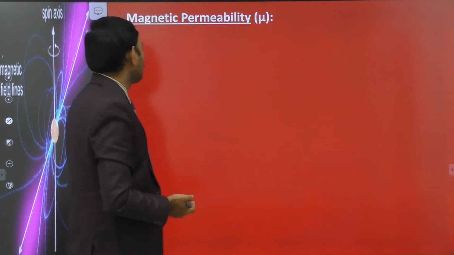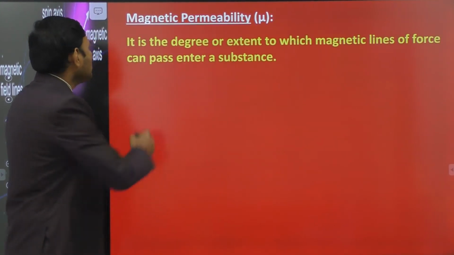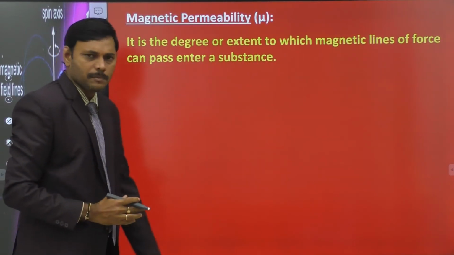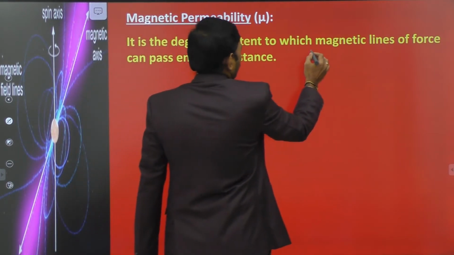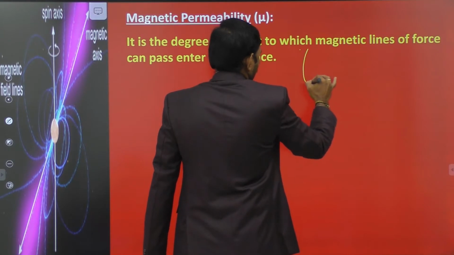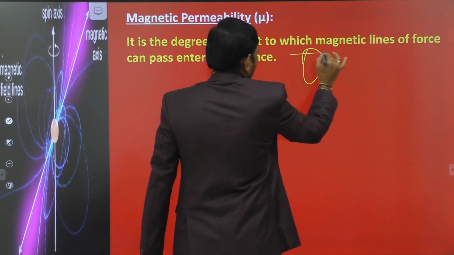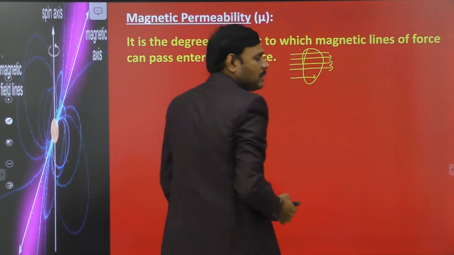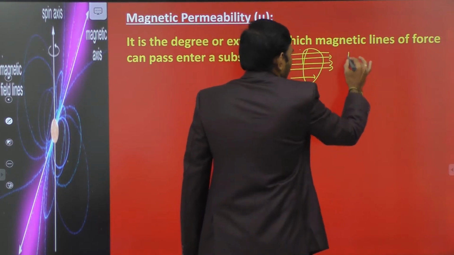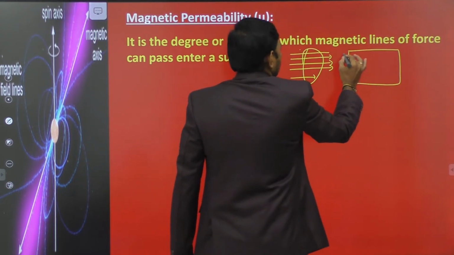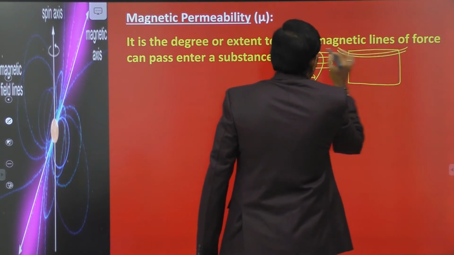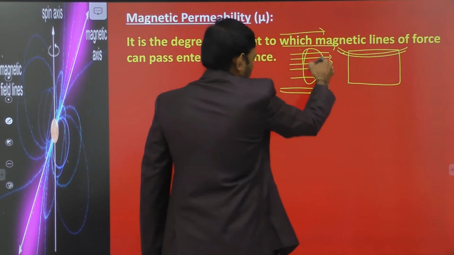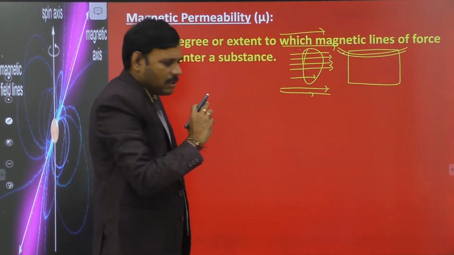Now this is the time to know about this magnetic permeability. It is the degree or extent to which magnetic lines of force can pass or enter a substance. Suppose you have free space here, and some number of magnetic field lines may pass through it. In spite of this free space, if you replace it by any magnetic material like iron or cobalt, we assume more magnetic field lines may pass through the medium. So these are the magnetic field lines outside the region in the first case. When you replace the air medium,